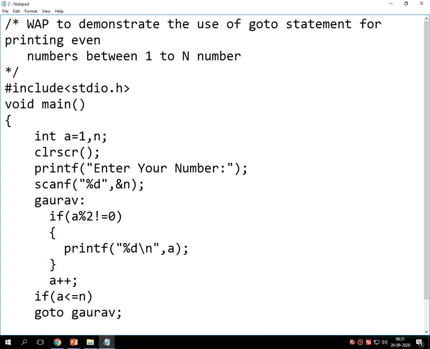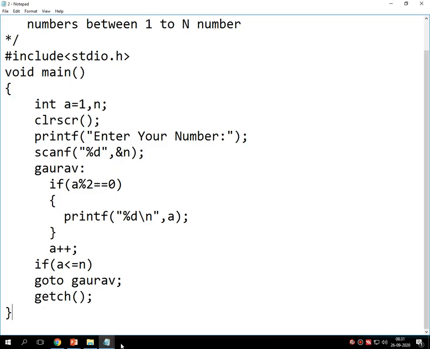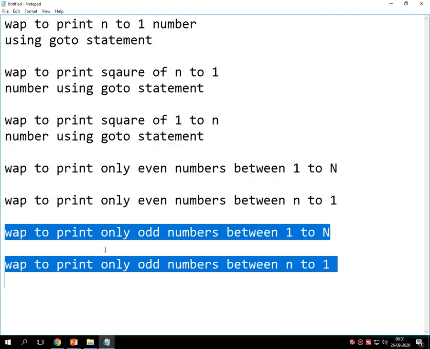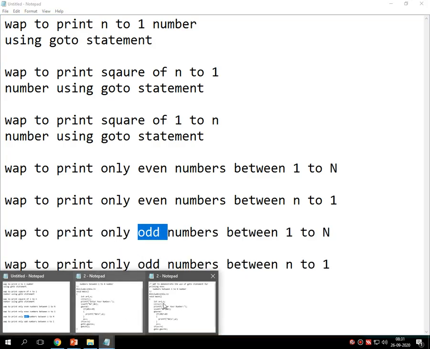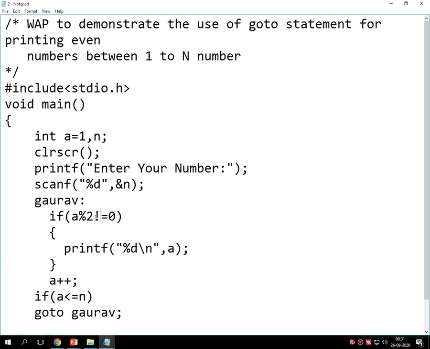If the remainder is not 0, then the number is odd. If the remainder is 0, then the number is even. So as far as the definition is concerned, we have to print only the numbers which are odd. So for that, here I have changed the condition from equals to 0 to not equals to 0.